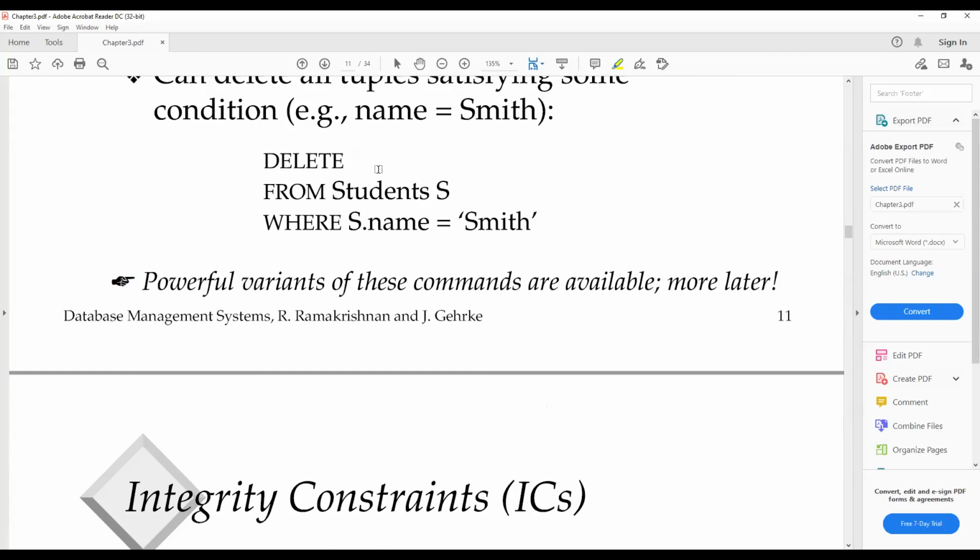Now, again, this is a very dangerous statement. So when you're writing a delete statement, I would say always write the condition first if you can. Because if you forget this condition, this where clause, I think you can imagine what's going to happen. It's going to delete all the records, all the rows in the students table. So this again, like its counterpart that drops the whole table, should be